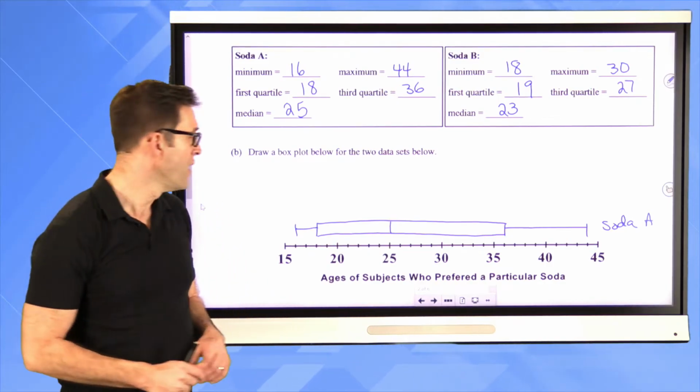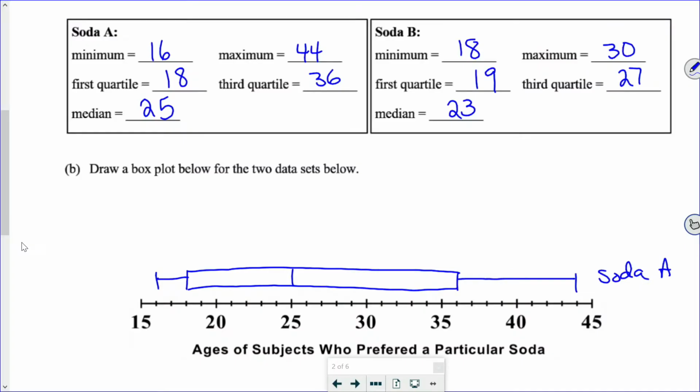All right, so here we have a minimum of 18. We have a first quartile value of 19, so right afterwards. Then we have a median of 23. Then we have a third quartile of 27. And finally, we have a maximum of 30, right? So this is a much smaller box plot, or at least more narrow. And let's label that